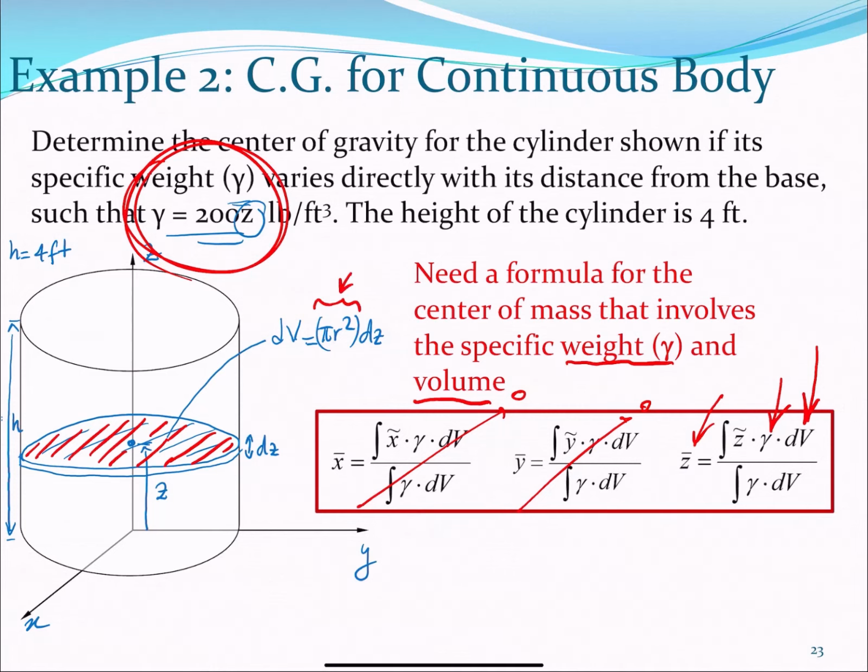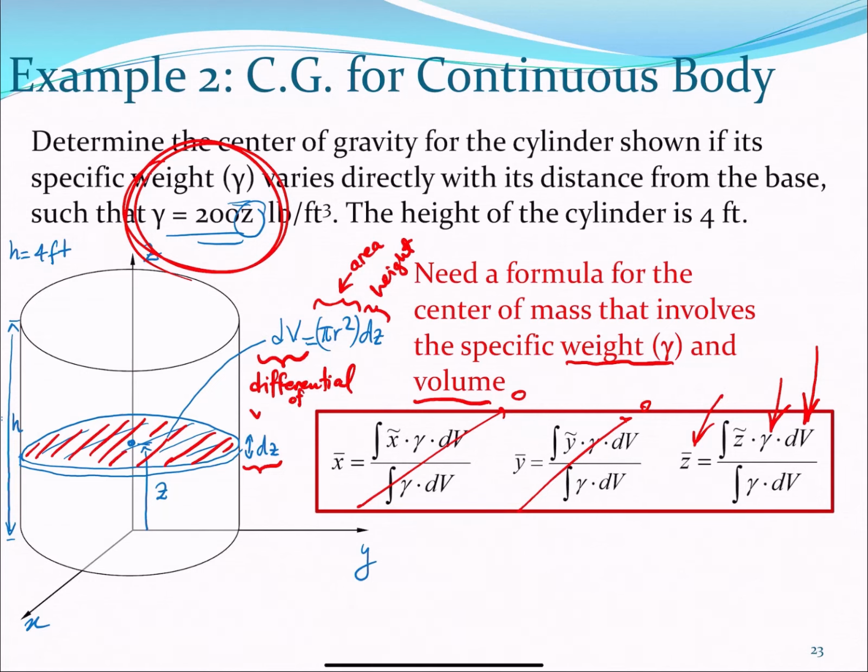That's the area of the disk times the height of the disk. And the height of the disk is the differential of z, because we are integrating along that direction. So this is the height. And together, right, they give us our differential of volume, right? Our differential of volume,